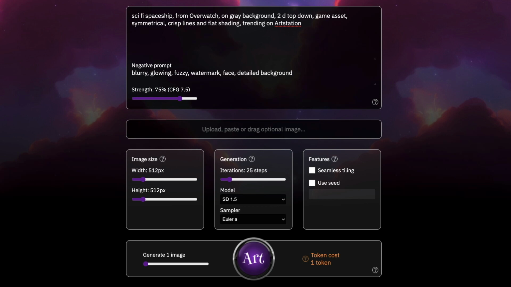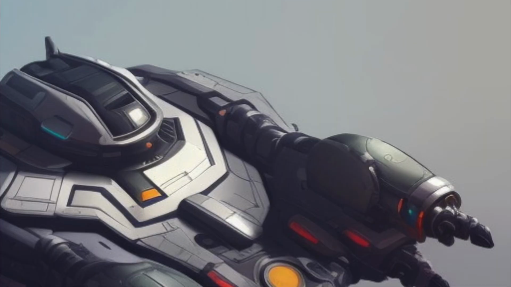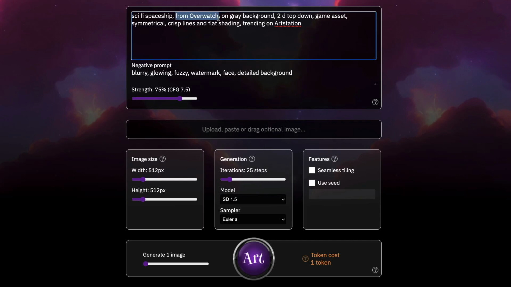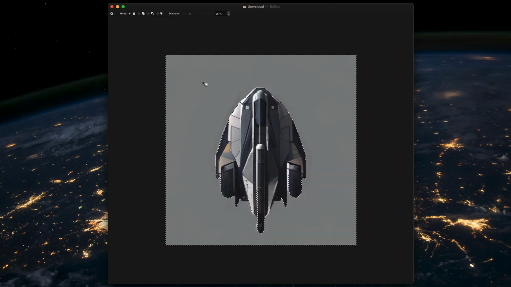Everything starts with a good prompt, so first thing you want to do is say the things you want. Here I want a sci-fi spaceship. Then I want to give it a style. You can give it any style: games, movie, maybe artists, or even combine them. Here I'm doing from Overwatch because I like that pillow effect, and also Overwatch doesn't really have spaceships, so it'll be something unique. I also want it on gray background, so it's easy to cut out for use in games